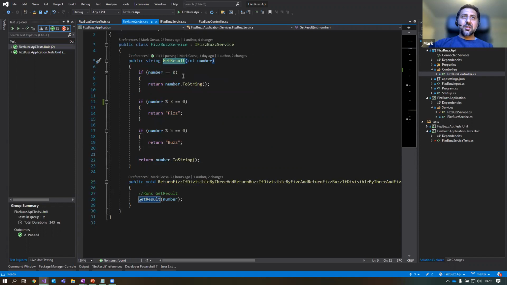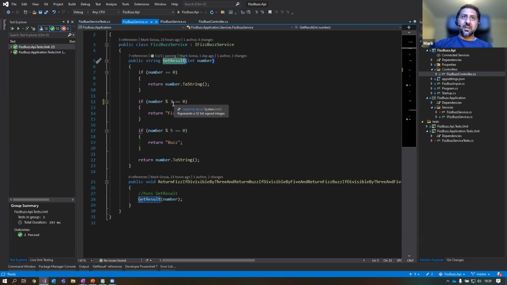so for those who don't know, Fizzbuzz is a little game. It's quite a simple little game, but it helps illustrate what I need to show you. So essentially with Fizzbuzz, what you need to do is, if you give it the number 3, you need it to return fizz.